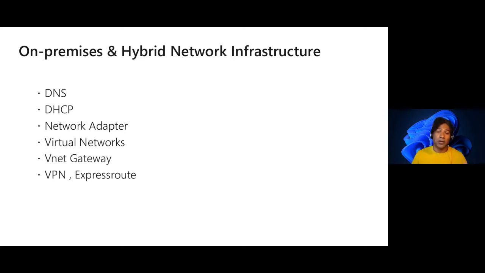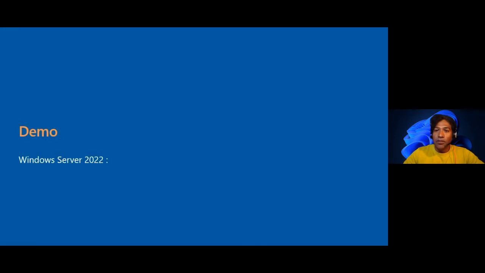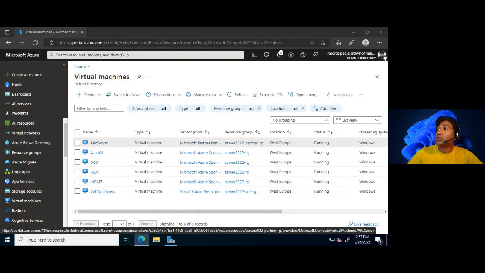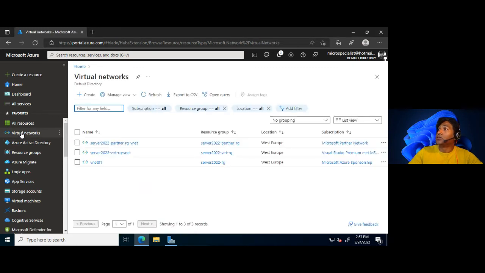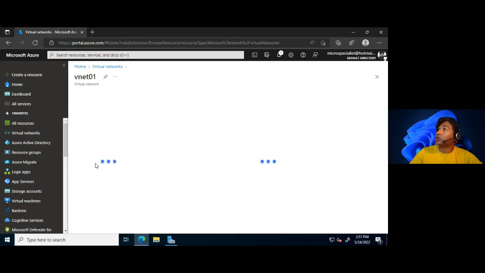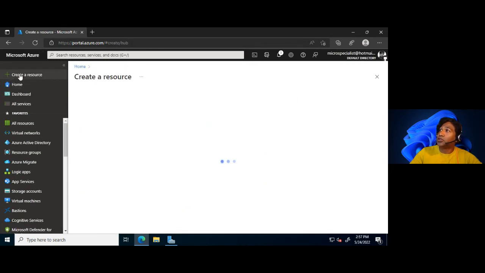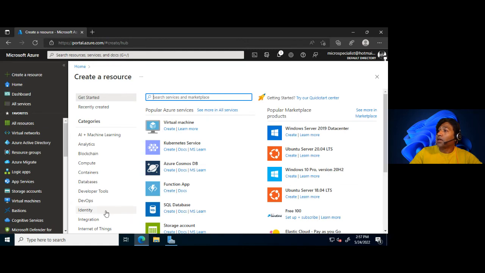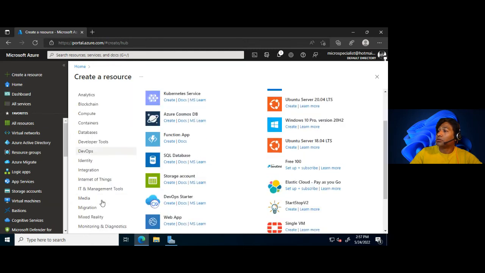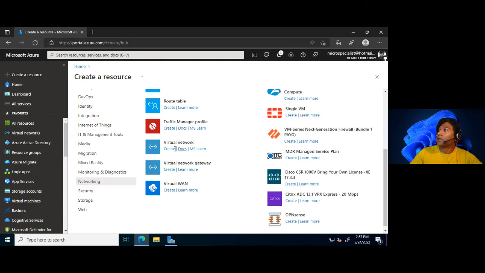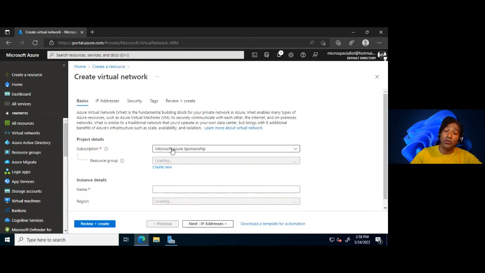In fact, the demo for this I would just have shown you in the Azure portal. You have your virtual networks, so you'd be able to set up a virtual network in Azure just by adding the create a resource and selecting network, and then just following the wizard, or you could use PowerShell or an ARM template,